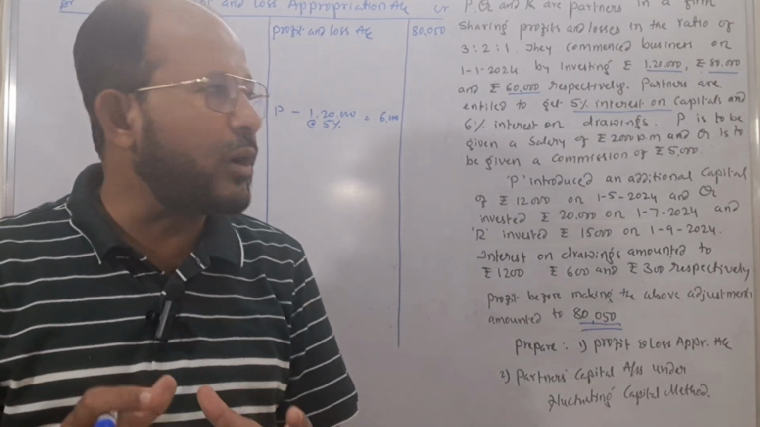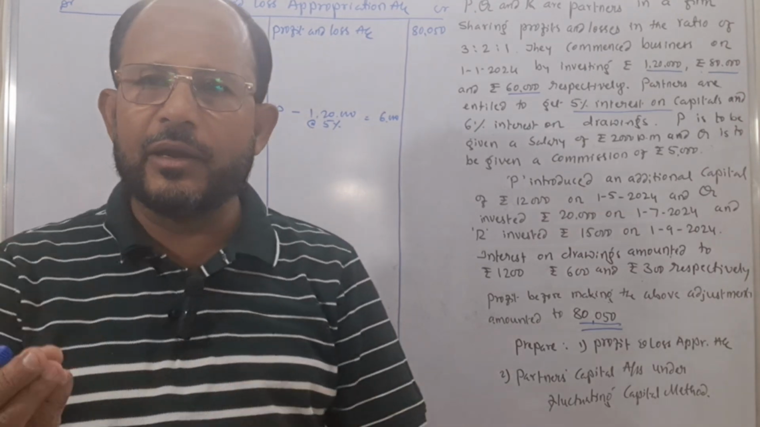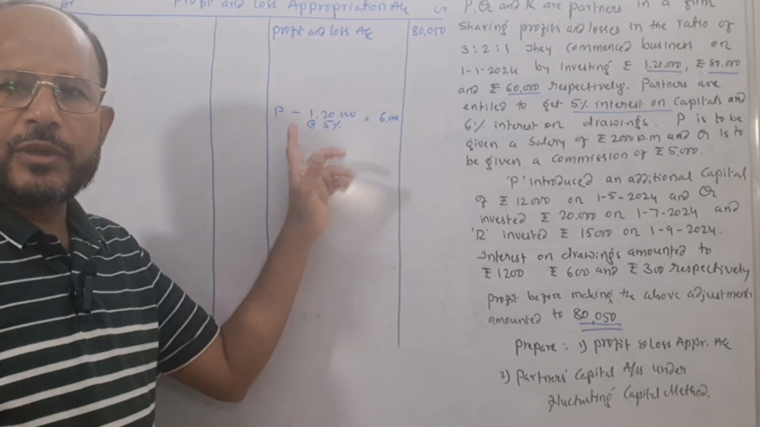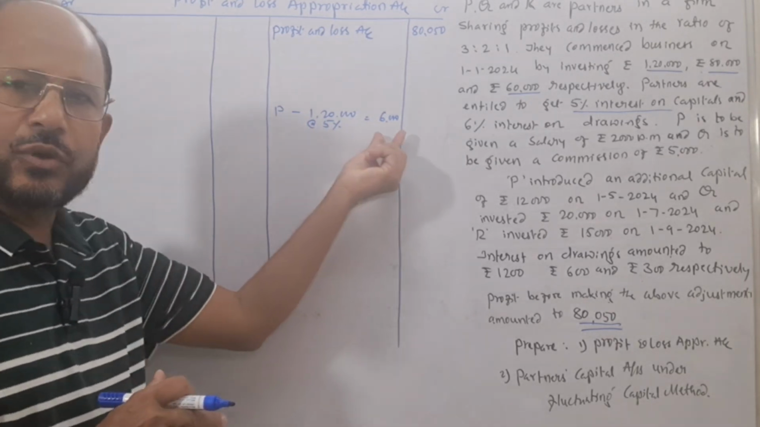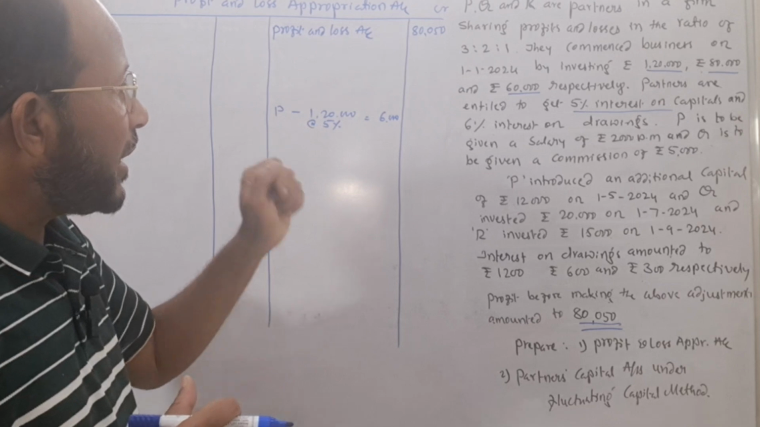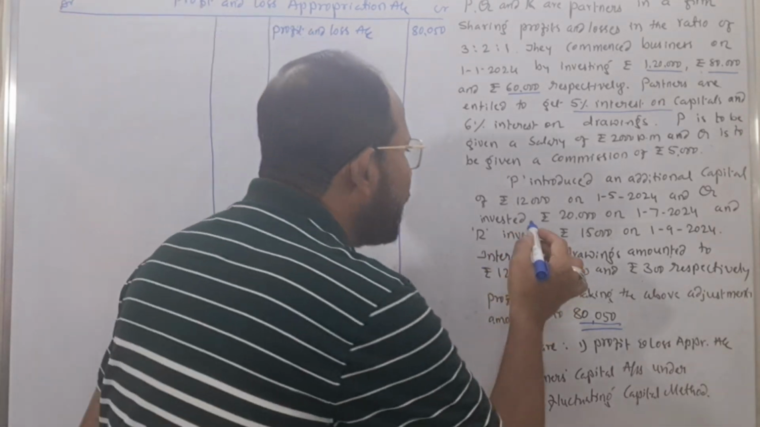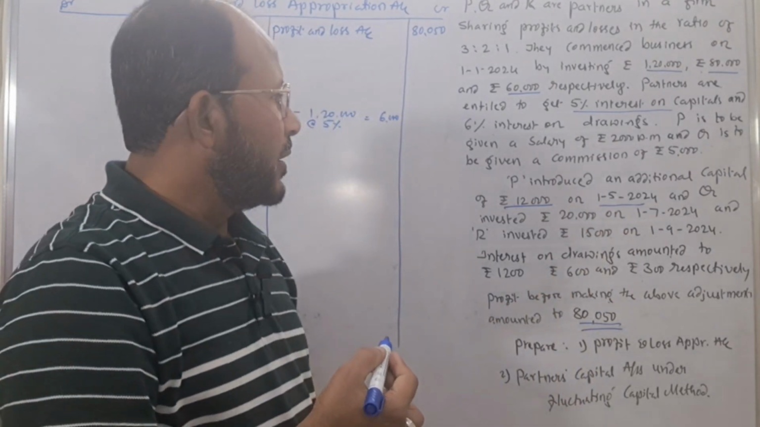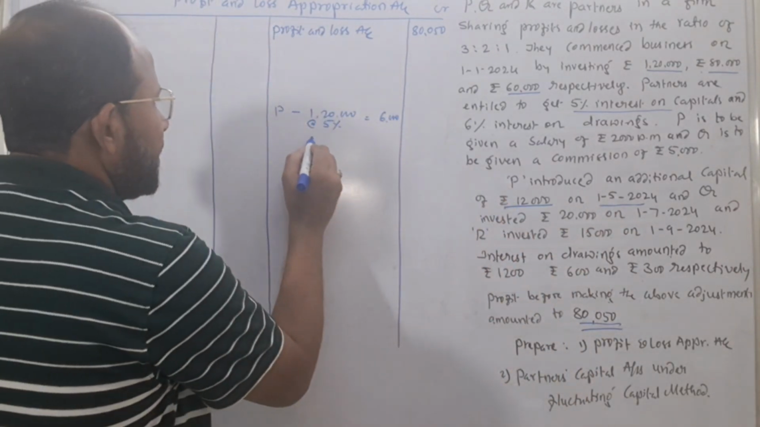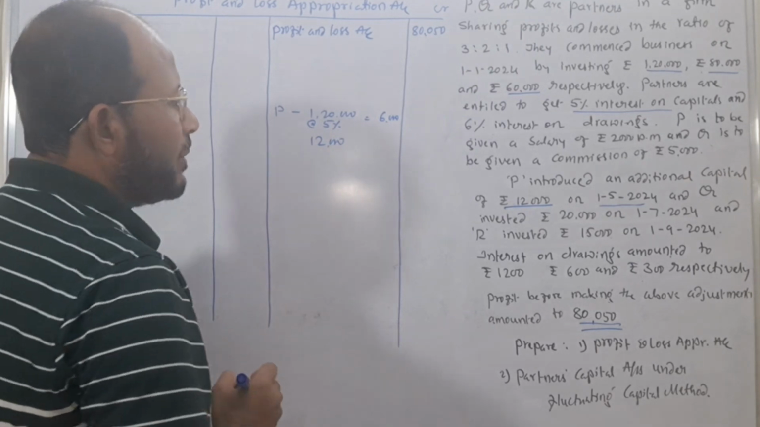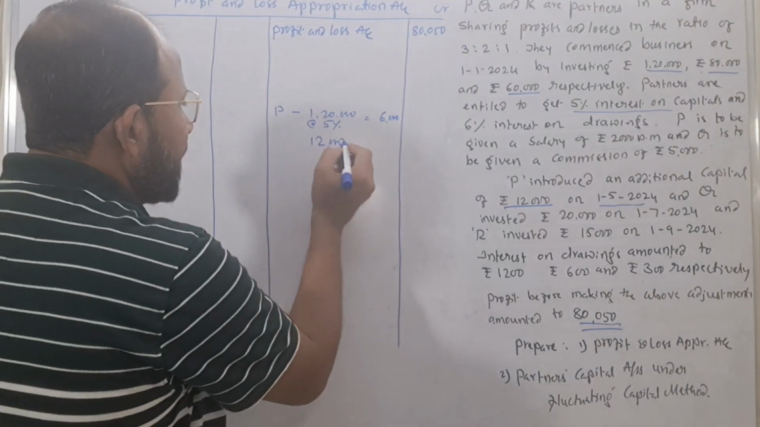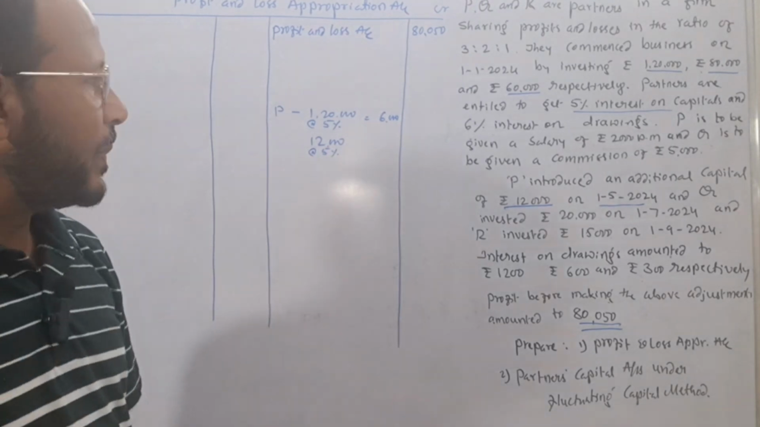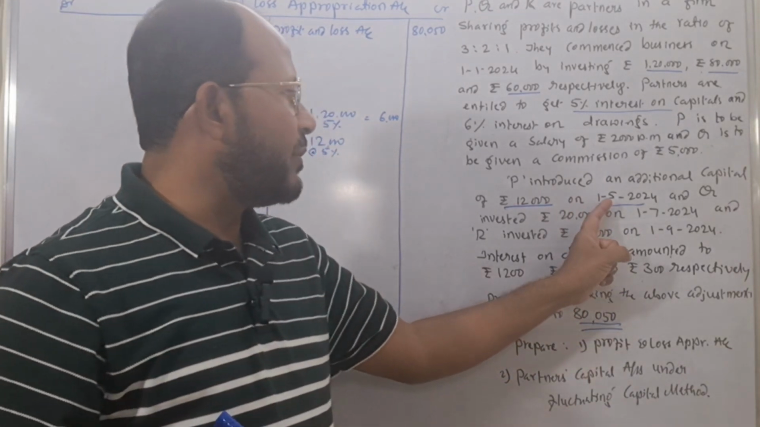Because of that reason, we are calculating interest at 5% for the whole year. On how much? On rupees 1,20,000. Therefore, it comes to rupees 6,000. And Mr. P also introduced an additional capital of rupees 12,000 on 1st May 2024. See, rupees 12,000, this is the additional capital invested by a partner. On this, we calculate interest again at 5%, not for 1 year, because here this amount was invested on 1st